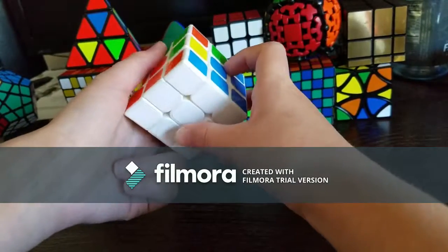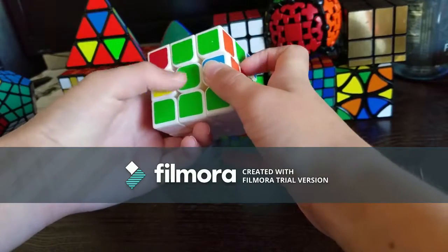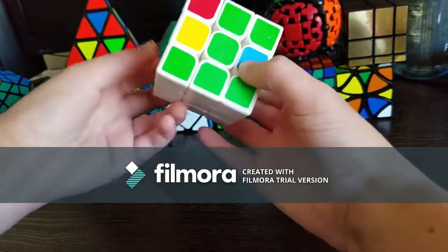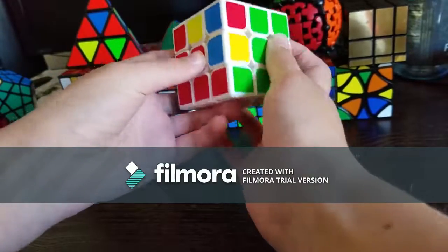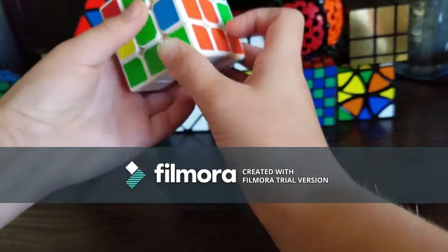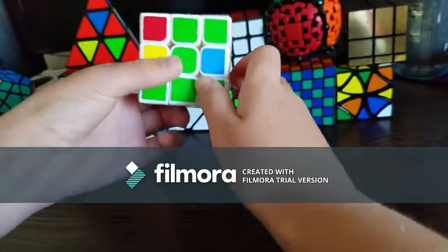This is green, and that's orange, so that doesn't work. So we have to line it up so that the green goes with the green center. So now we have to figure out if we need to put it to the left or to the right. The left means that the green and red lines up with these green and red. So if we put it to the right, the red will line up with the orange center, and that's not